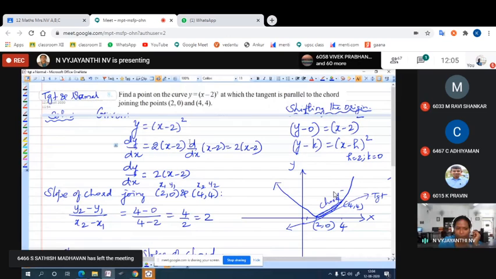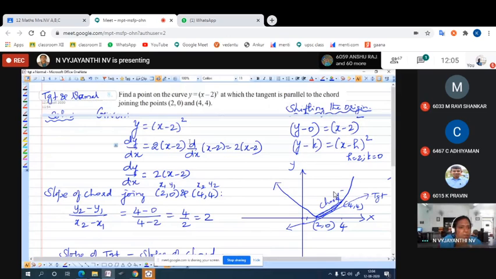To derive the other one, y0, we are applying it in the equation of curve. So in the equation of curve, we have y equal to (x minus 2) the whole square. If you apply here, we will have (x0 minus 2) the whole square, that is (3 minus 2) the whole square, which gives 1. So (x0, y0) equal to (3, 1) is the point of contact. Have you got it?